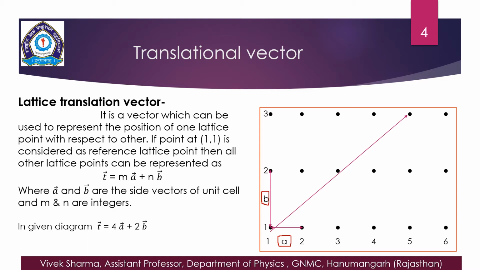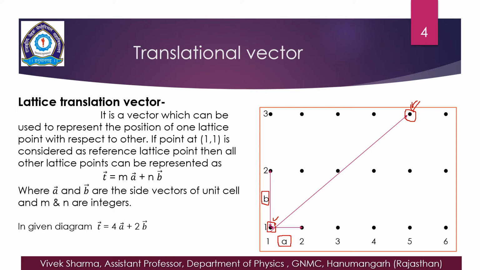I have considered this point number 1 atom as the reference point. This is our reference point. And if we want to define the position of this random point, which is denoted by a tick here, like this one,